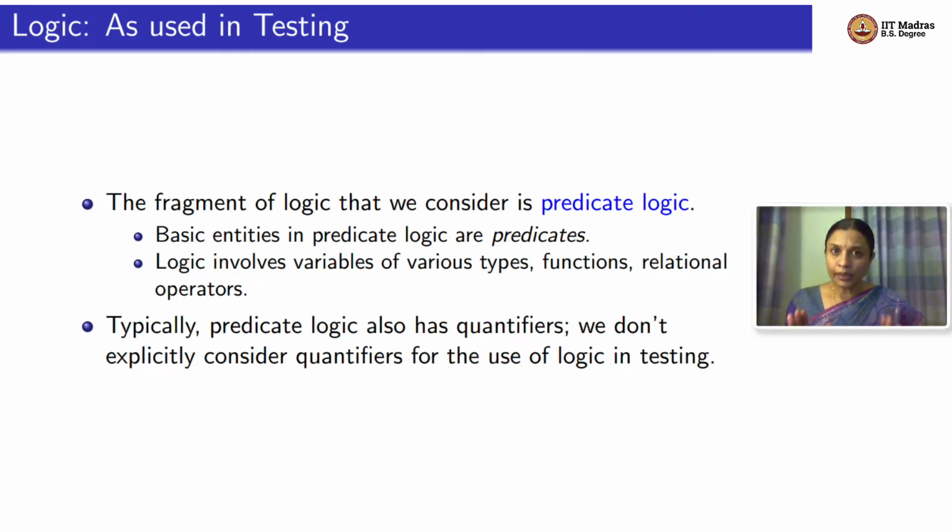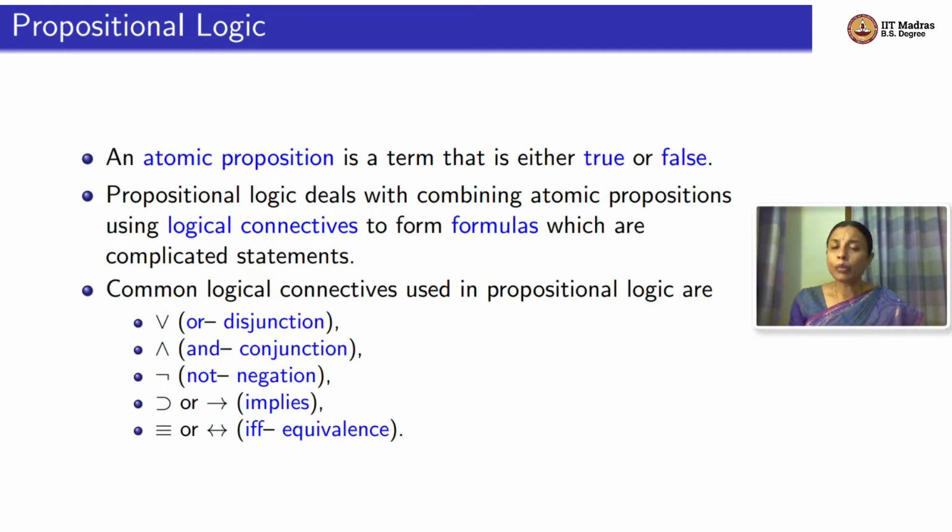Typically in the theory of logic, predicate logic or first order logic also has quantifiers, for all and there exists. But as I told you in the first lecture on logic, we don't consider quantifiers as far as testing is concerned. So, just a brief recap of what propositional logic is and what the solvers for propositional logic are. If we ignore variables of various types, functions and relations, and consider only variables of type Boolean, which we call atomic propositions, they always evaluate to true or they always evaluate to false. They are Boolean